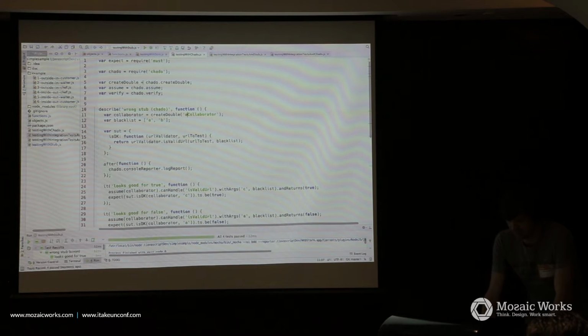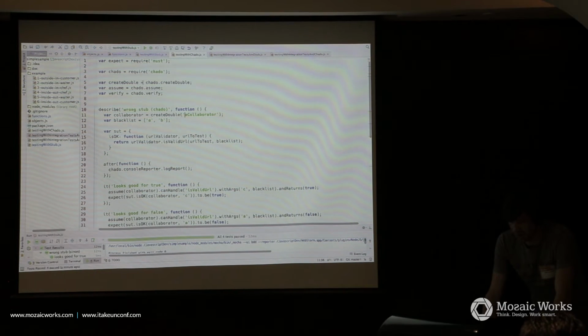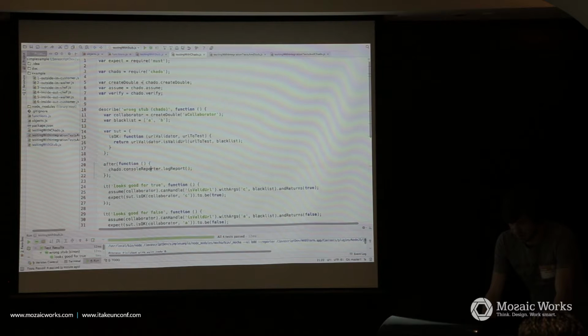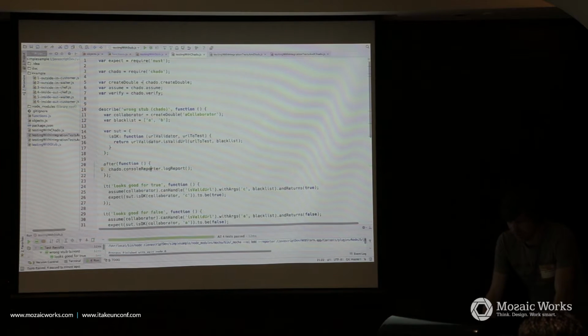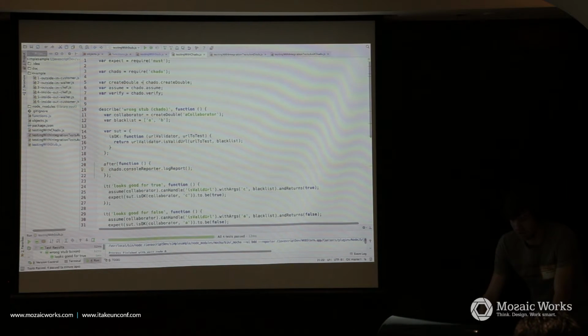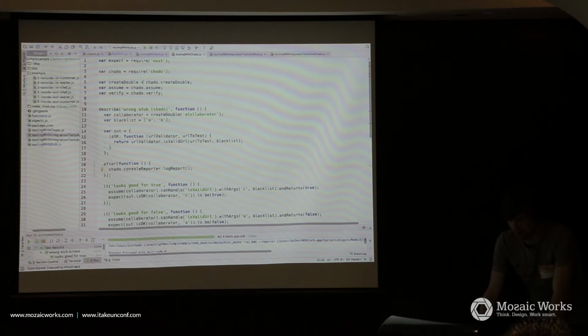So I have to call the test double created like here. So here, after we have run our test suite, we will log a report. So we are informed about assumption verification if everything matches.